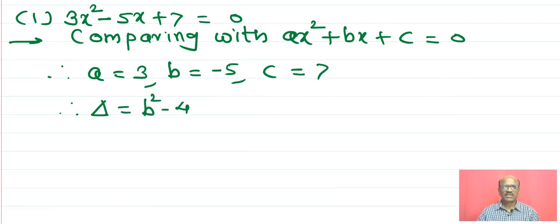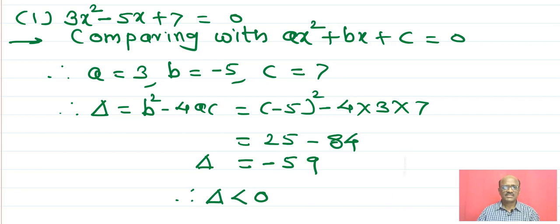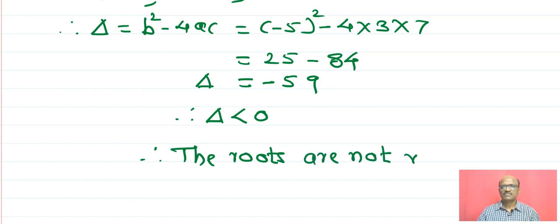Therefore, delta is b square minus 4ac equals to minus 5 bracket square minus 4 into a means 3, c is 7, 25 minus 84, and that is equals to minus 59. Delta is less than 0, it is negative. The roots are not real. Next,